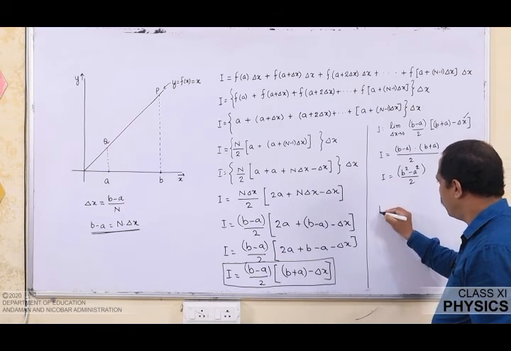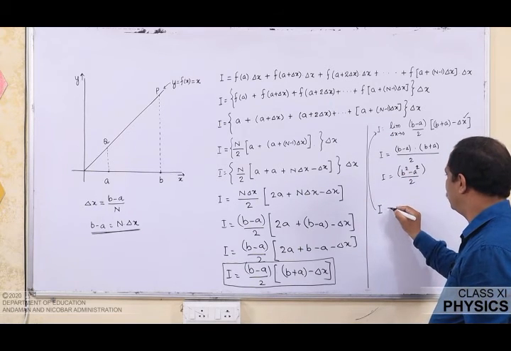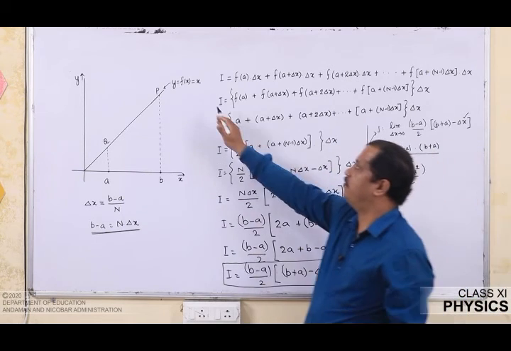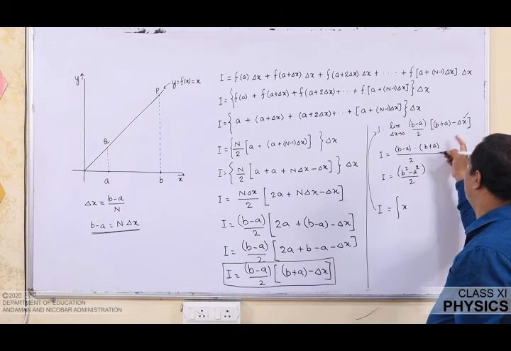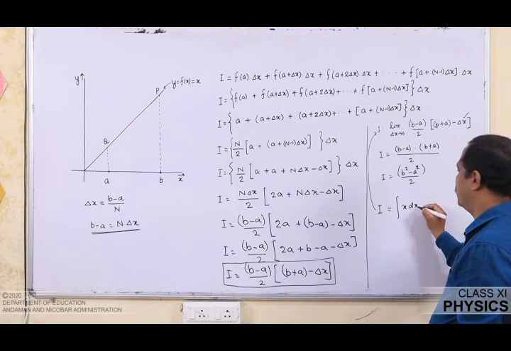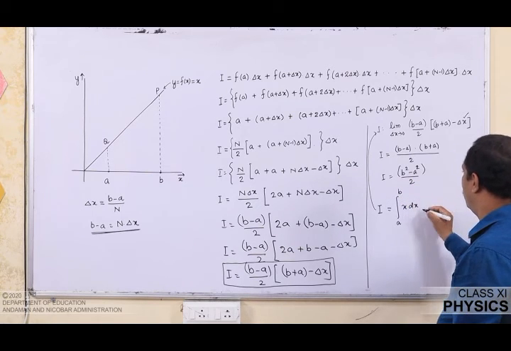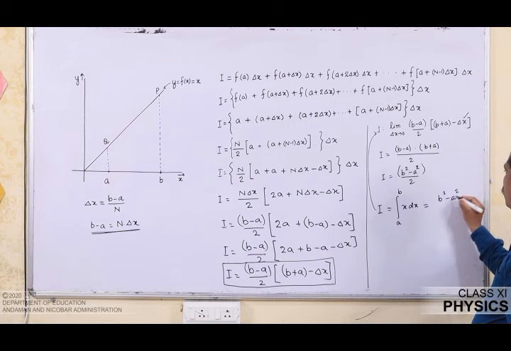So, this I for me conceptually in the last time we saw, when I say this is equal to integration of the function f of x. So, f of x is x for me. So, therefore, this is x, delta x will turn dx. So, x dx, my limit is from a to b, which I have evaluated to be b square minus a square over 2.